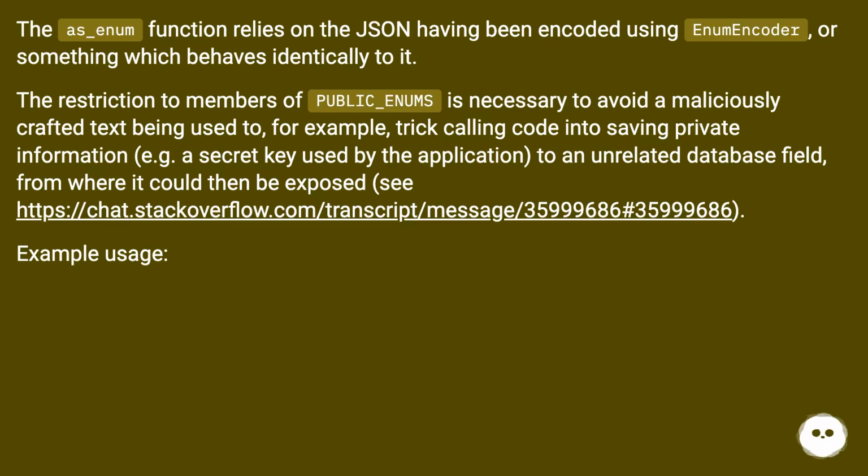The restriction to members of PUBLIC_ENUMS is necessary to avoid a maliciously crafted text being used to, for example, trick calling code into saving private information, for example a secret key used by the application, to an unrelated database field, from where it could then be exposed. See this URL. Example usage: